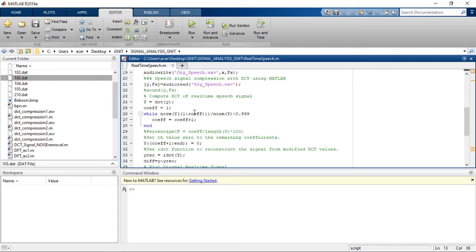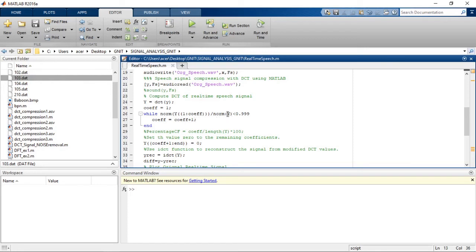These are the DCT coefficients. So the norm is equal to the square root of the sum of squares of all coefficients. Here we are counting coefficients, plus 1 in this while loop, until we get a 0.99 value. So the norm for the significant coefficients is divided by the norm of the original DCT coefficients.